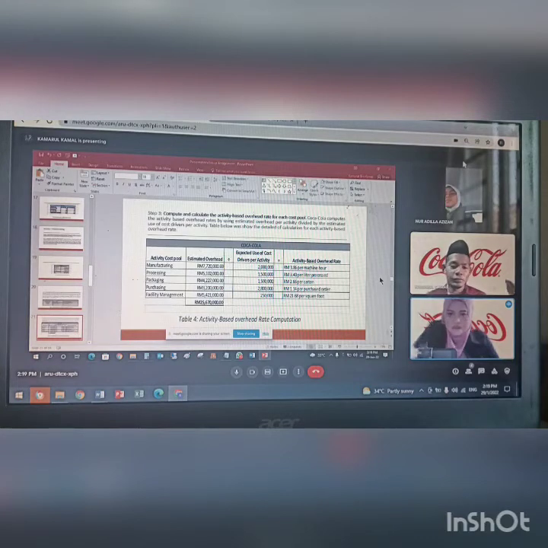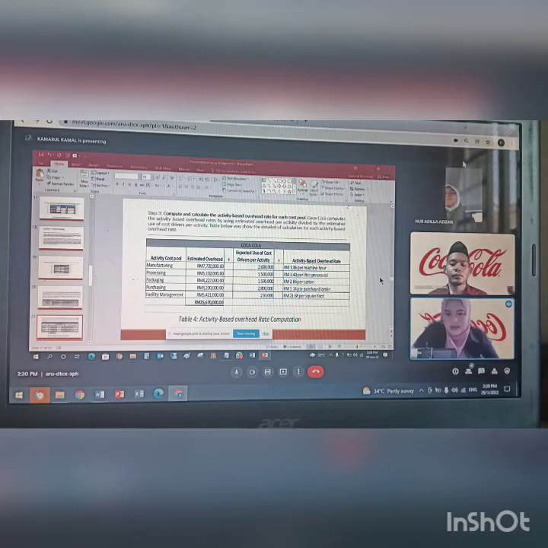Okay, for step 3, I compute and calculate the activity based overhead rate for each cost pool, which for Coca-Cola, I estimate overhead divided by expected use of cost driver per activity. So I get the activity based overhead rate. From the estimated overhead, the total is 25.7